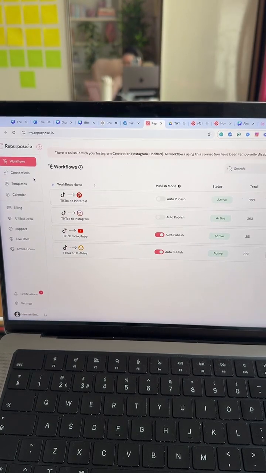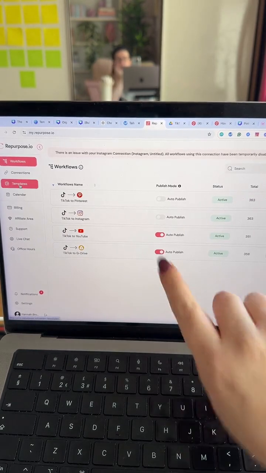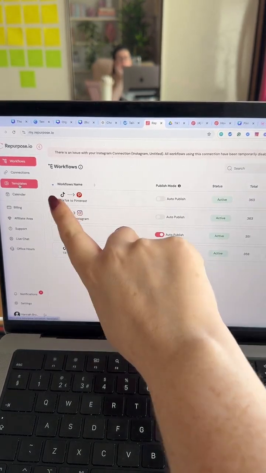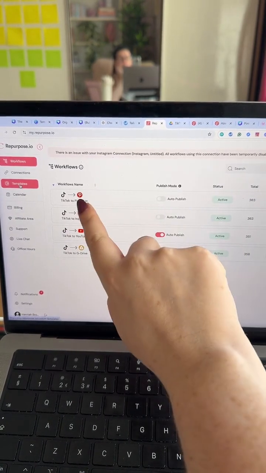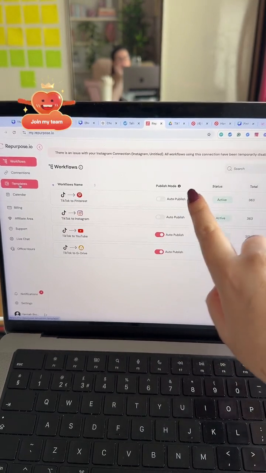Okay, and I'm going to come and do all the questions in a second. I'm going to quickly take you through this. So what I have set to auto-publish, so I don't have my TikTok set to auto-publish for Pinterest because I'm fussy and I want keywords. Sometimes I'll go in and do it directly from this.